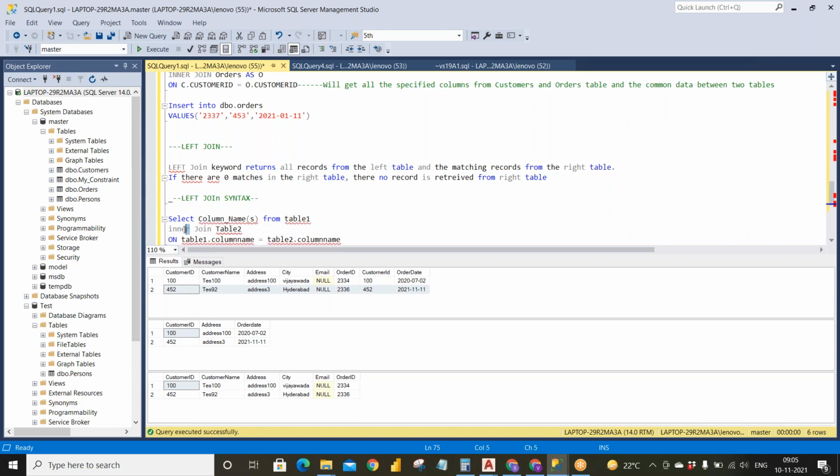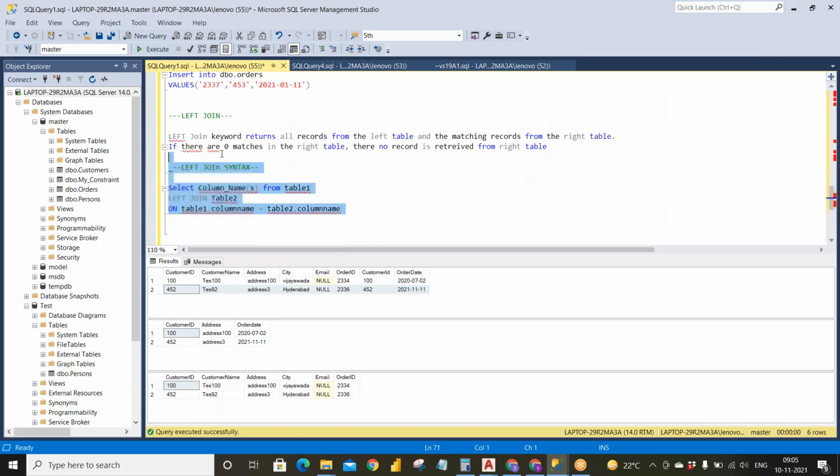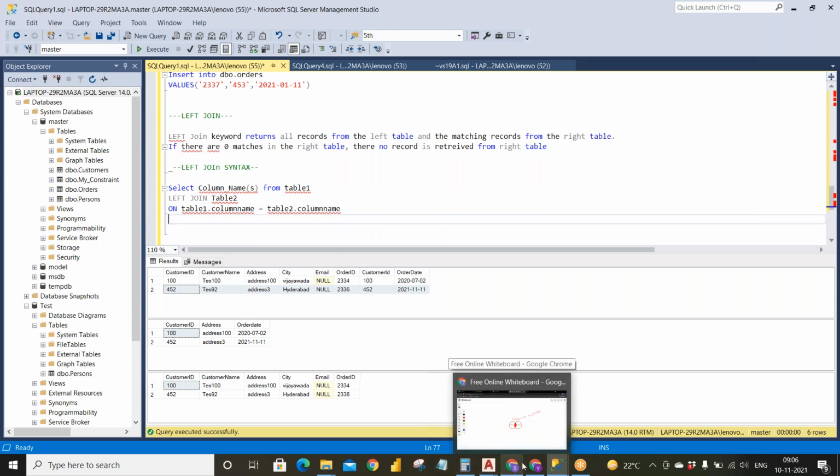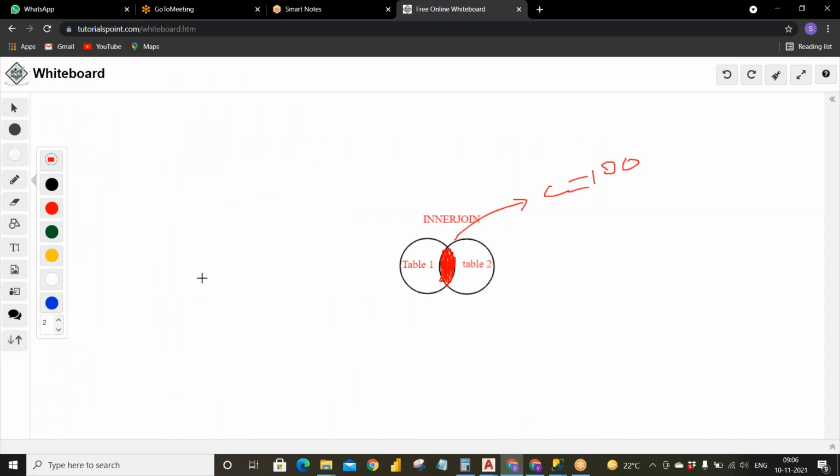So here in the place of inner join, we need to give left join. Okay. And similarly, we have right join, which I'll explain after left join. So I'll tell clearly with the help of this diagram.